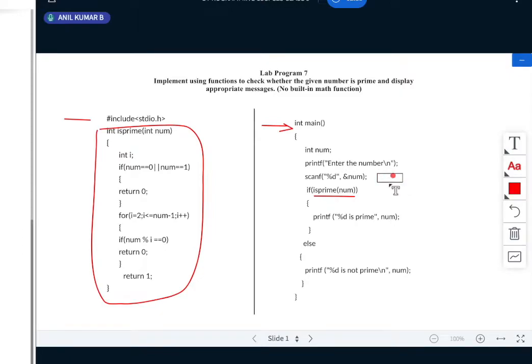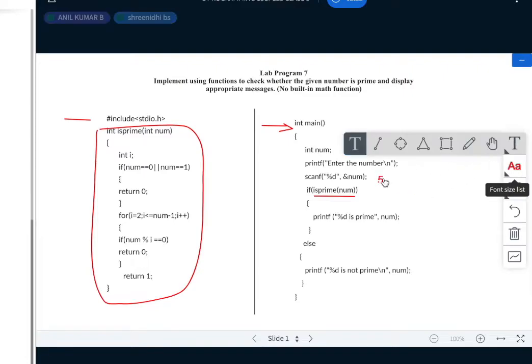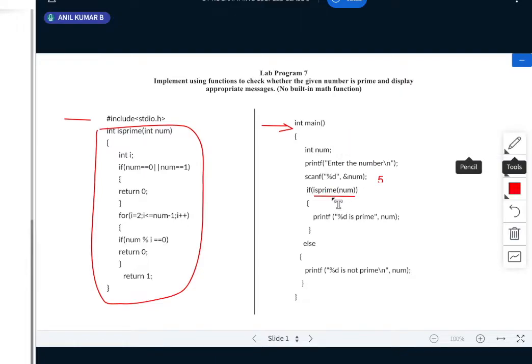Next, here I'll be passing 5 here. What happens when I pass 5 here? This function goes and calls this function. This is your function call. So it goes to the function definition.